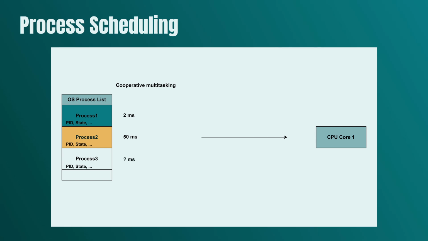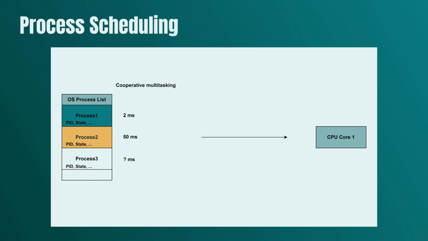What happens if process 3 is very processor bound, has minimal I/O operations, and is not well programmed to consider other processes? In this case, the I/O operations of other processes might complete. For example, the user might press a key in the word processor application and expect the application to react and display the character on the screen. However, because process 3 is still executing, the user will experience noticeable latency. Cooperative multitasking relies on processes voluntarily yielding control, which can lead to issues if a process is poorly designed or